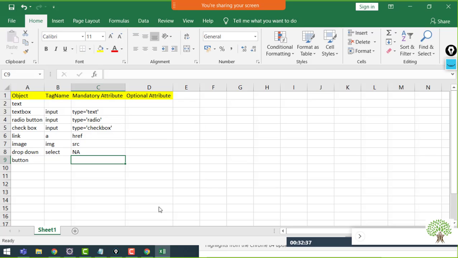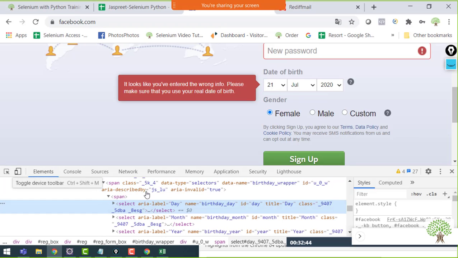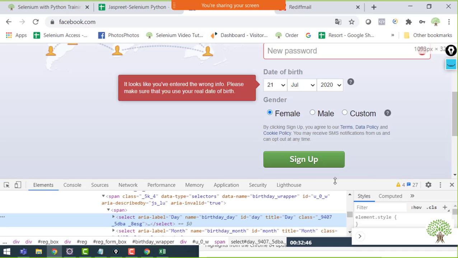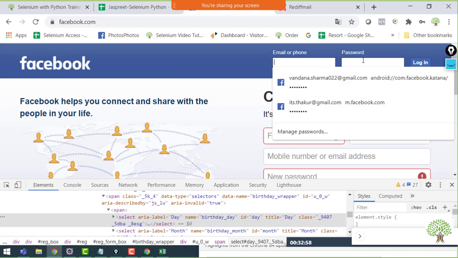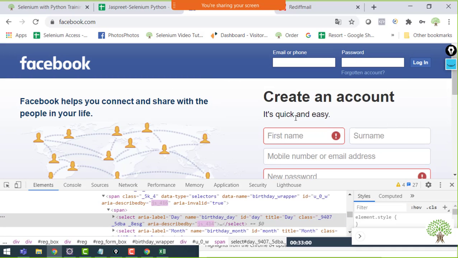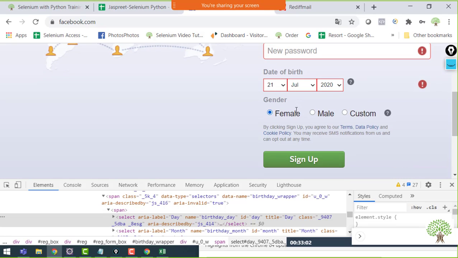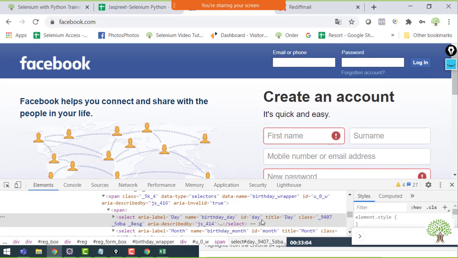Okay. Now comes the button. A button on the web page comes up when you are filling up some form and you are at last going to take all the details and submit it. Because over here on this page also we have two forms. One form is this email ID and password, and the second form is the create an account form.